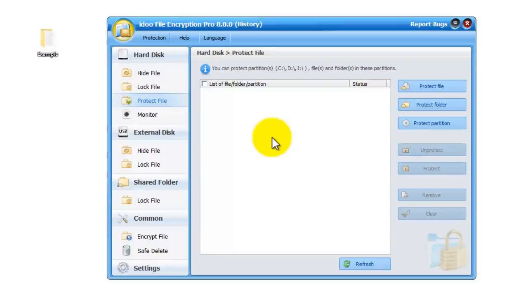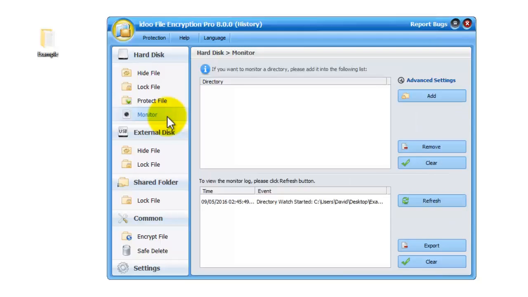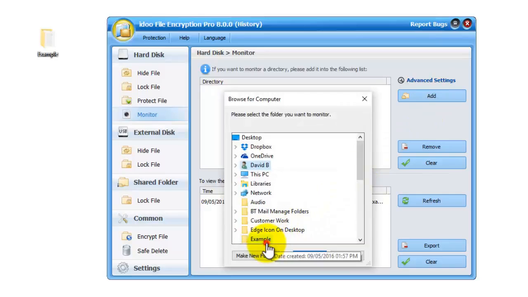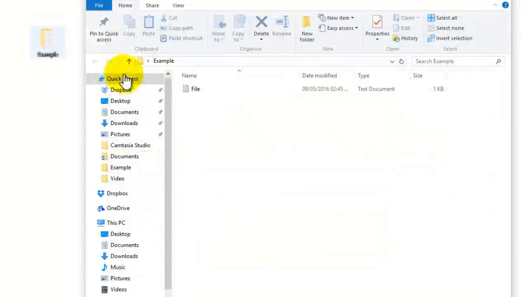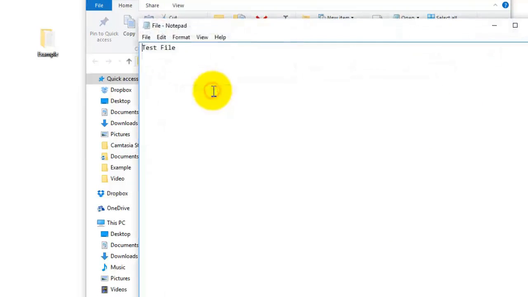Okay, now we're going to have a look at the next option, which is to monitor your files and folders here. Click on Monitor, and then you need to go to the Add button on the right hand side. Then add the folder of your choice, press OK. So we've added the folder here. And now for an example, if I go into the folder and I'll modify this file here and save it,